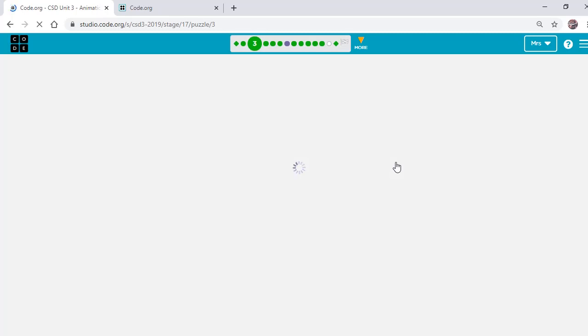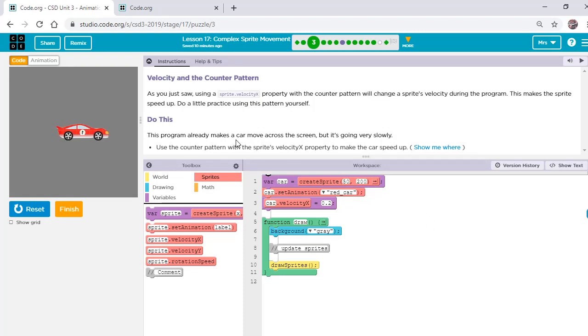In level 3, we have a car that moves across the screen, but it's going very slowly. We need to use velocityX to make the car speed up. Here we have a starting value for velocityX of the car of 0.2, a positive number, meaning the car will move from the left to the right, increasing the value of x. To speed up the car, we're going to